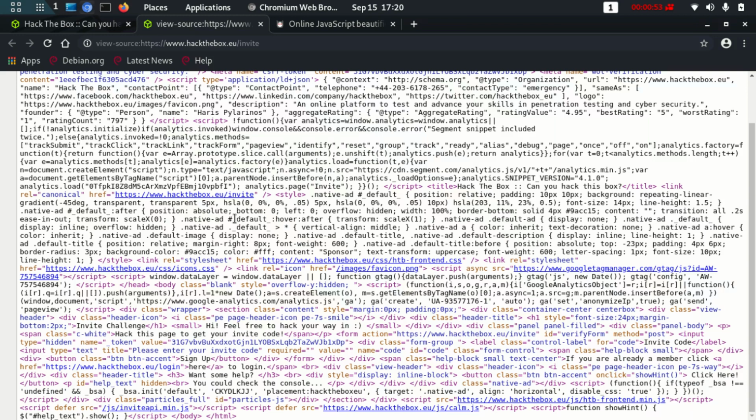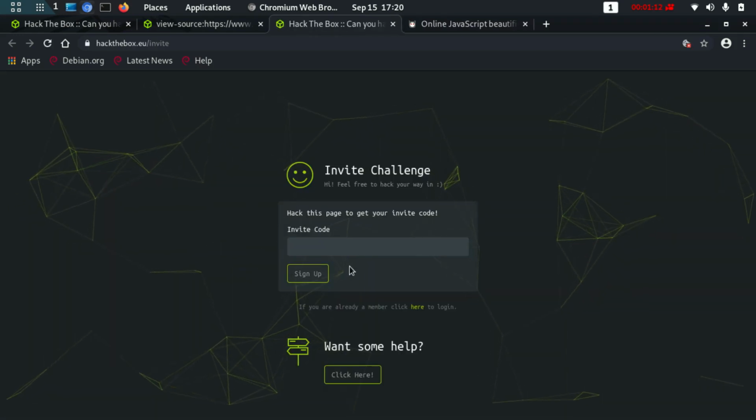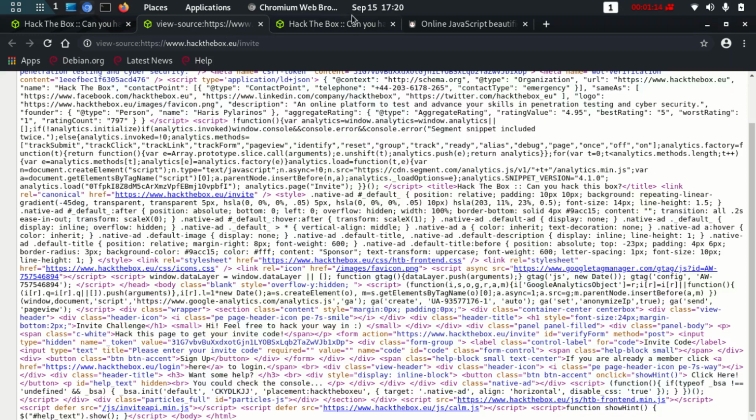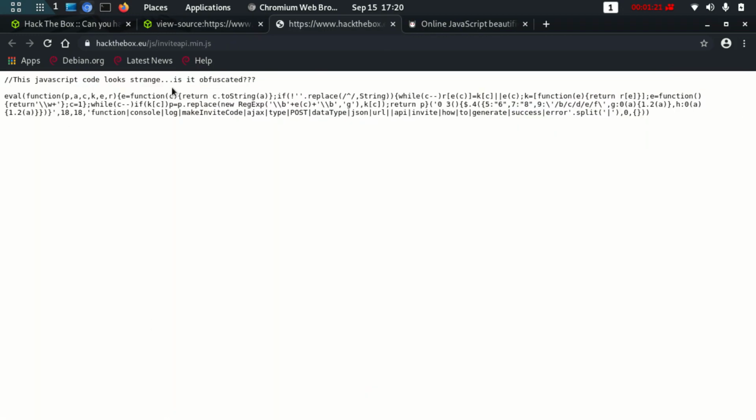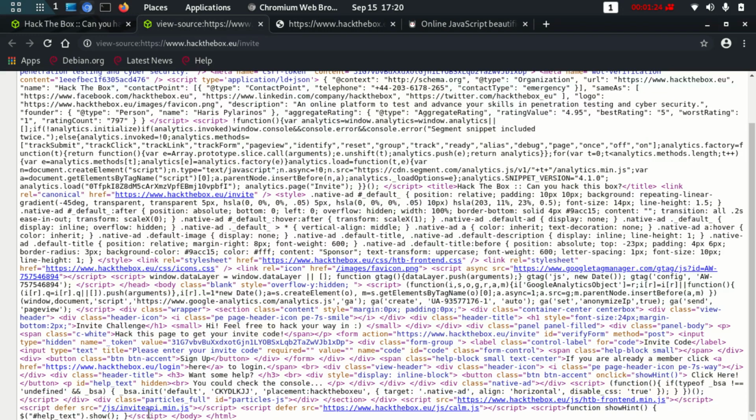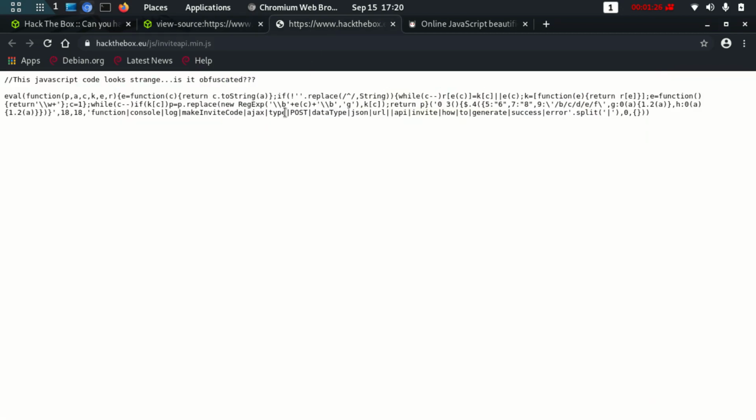Out of all of these blue links, which among these should be the ones related to invite? For example, this is the front end min JS, which is for the front end beautification, maybe this is also for the front end. This is one of the page links which looks interesting, but this is just the invite page. And now out of these blue links, there is one blue link which says invite API.